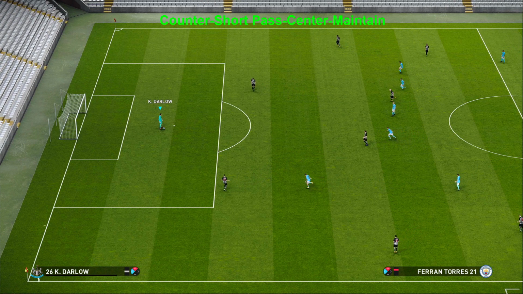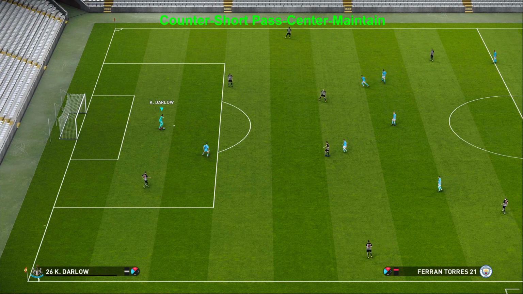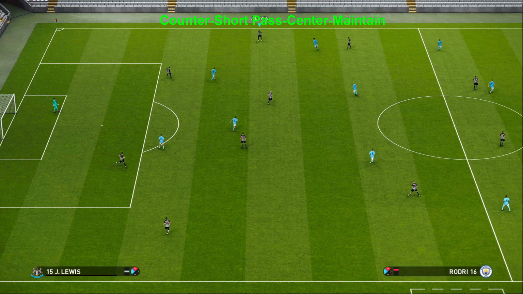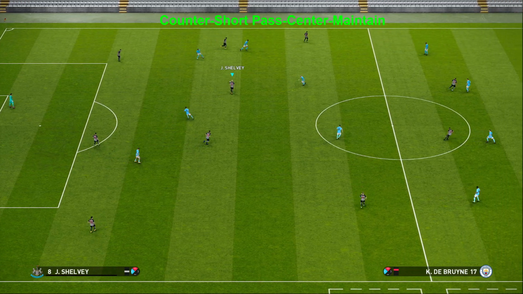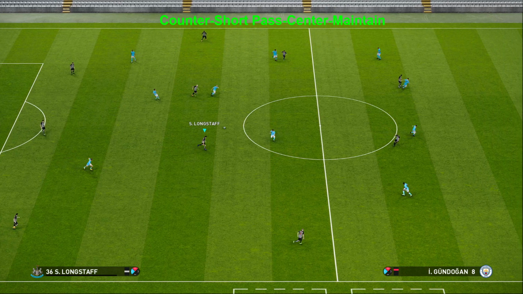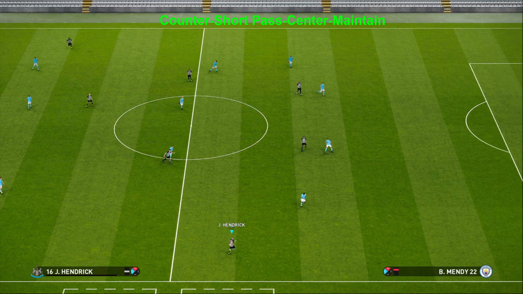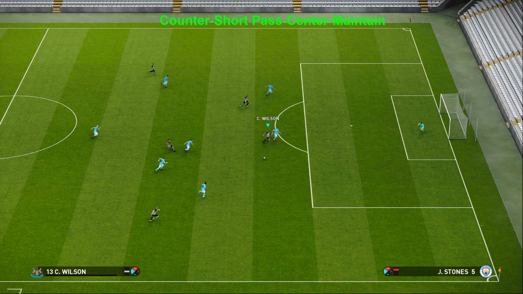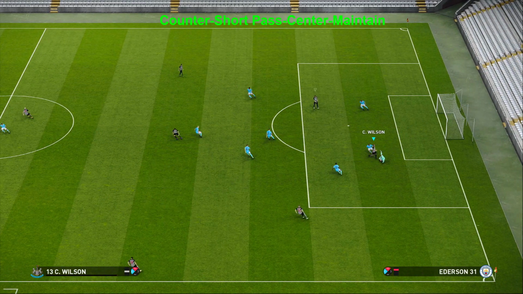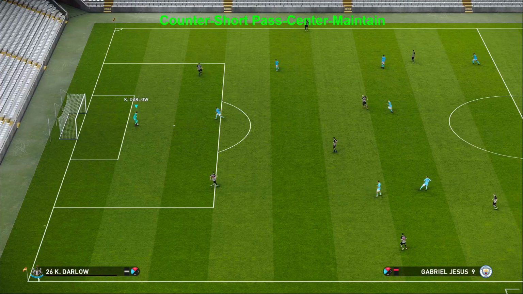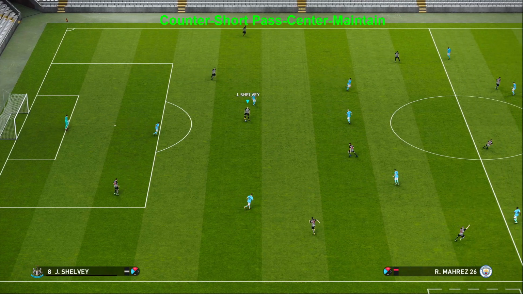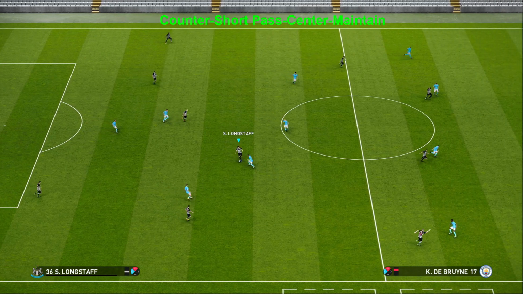And it also allows that if there's a loss of possession around the halfway line or as you move into the attacking third, your players aren't in bad positions to recover. So the decisions that you make, and this really goes across all of these things that I'm going to cover, but the decisions that you make on the attacking side of the football will actually have an impact on the defensive side, because if you're making a decision to go with possession-based football and you lose the ball as you're moving up the field, your players are closer together, they're well positioned, they're using less stamina, and so you can